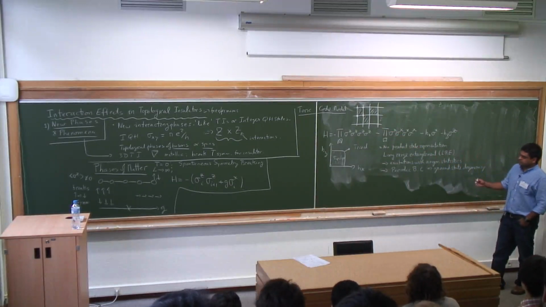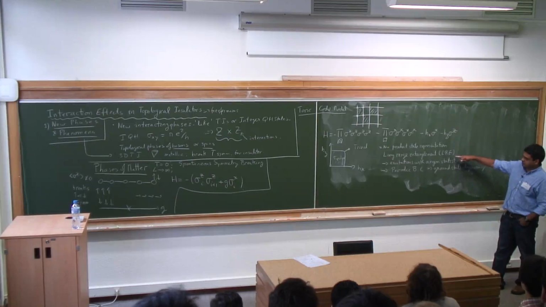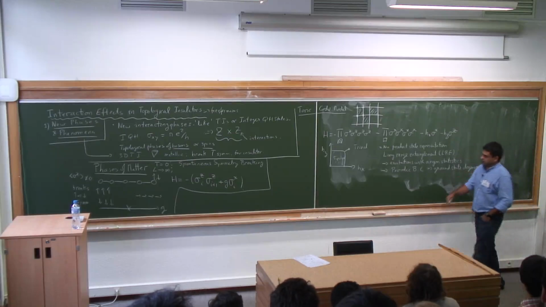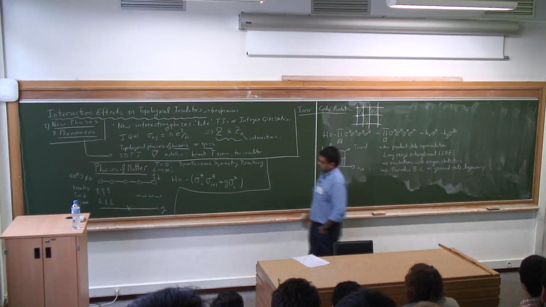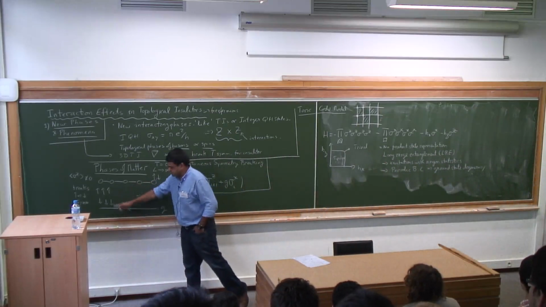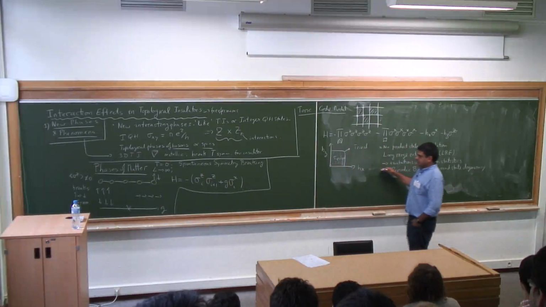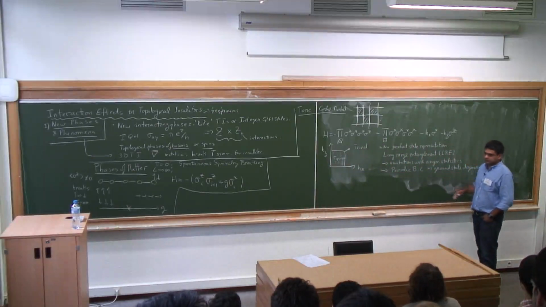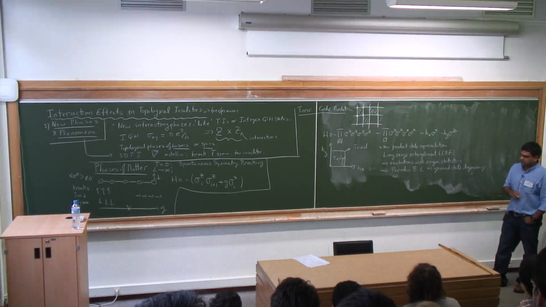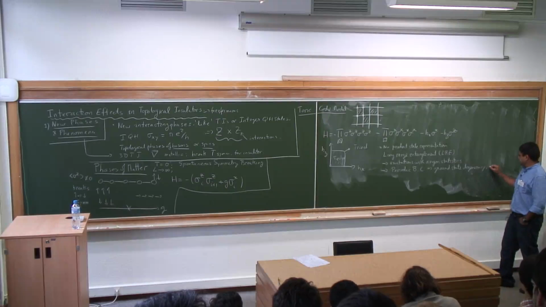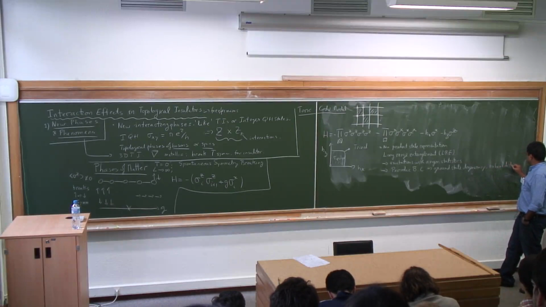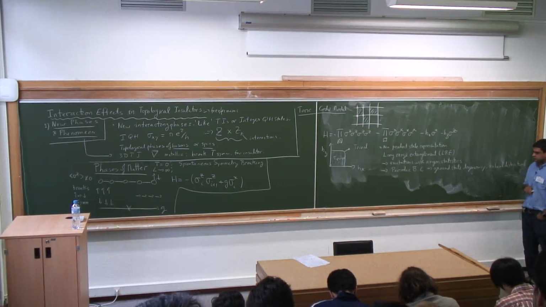Now, degeneracy of the ground state itself is not a characteristic of a topological phase. After all, if you look at this particular example, there's a degeneracy in this ordered phase, all spins up or all spins down. But in this particular case, there's no way to tell between these different states by making any local measurement. There's a set of degenerate states, and there's no local distinction. So that's why this is a topological degeneracy.